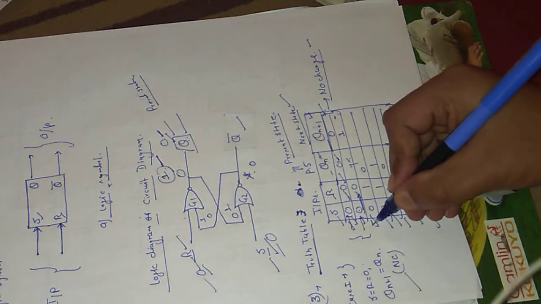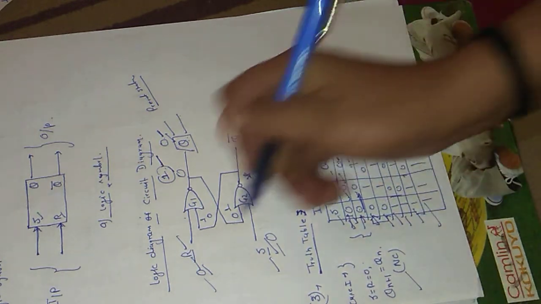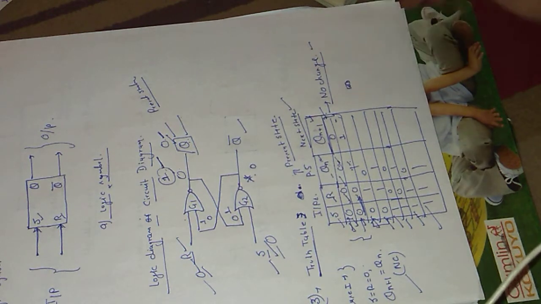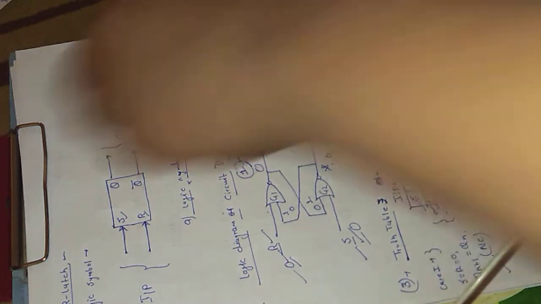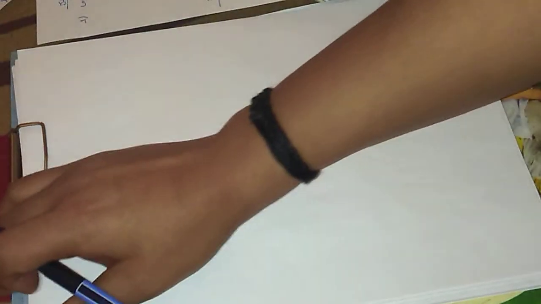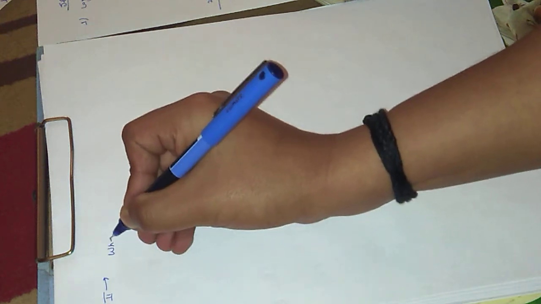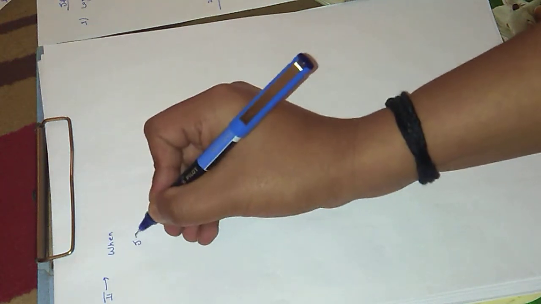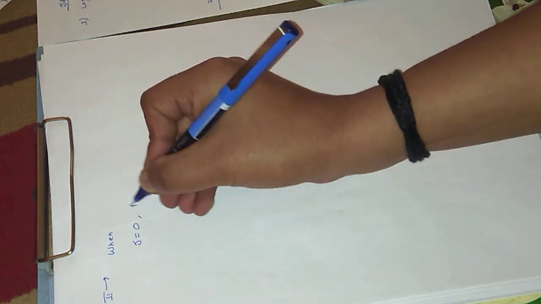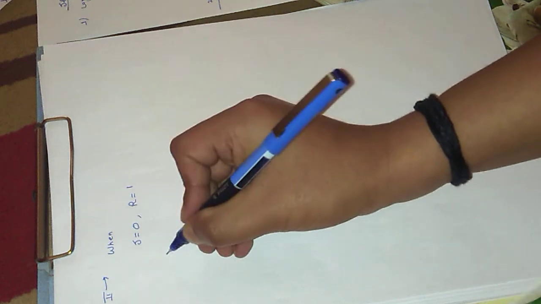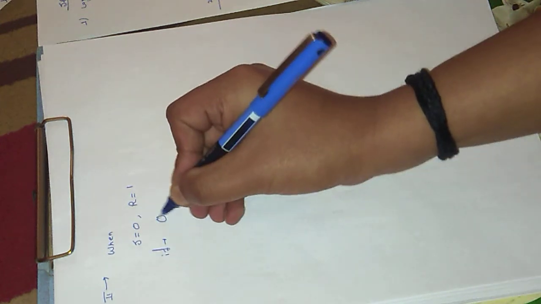Now the second case: when S equals 0, R equals 1, then if Qn equals 0,